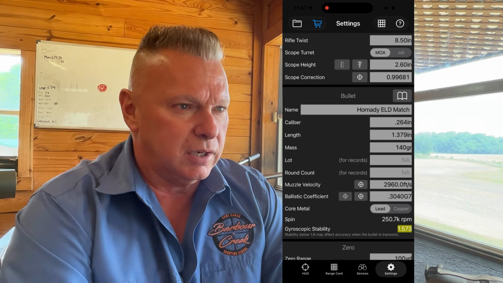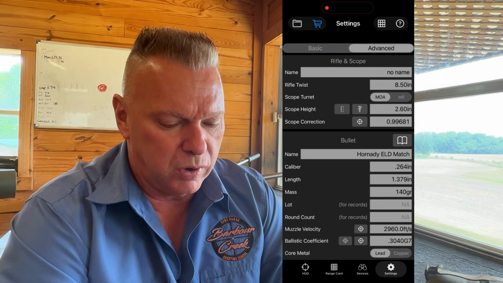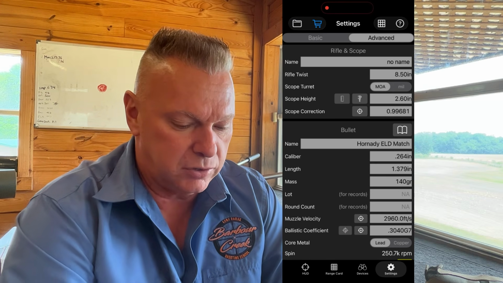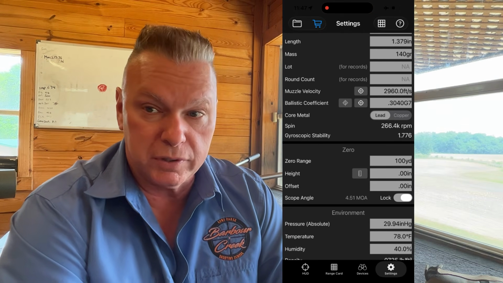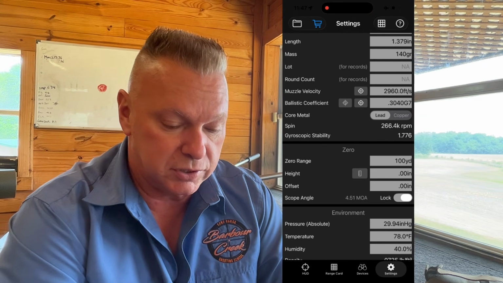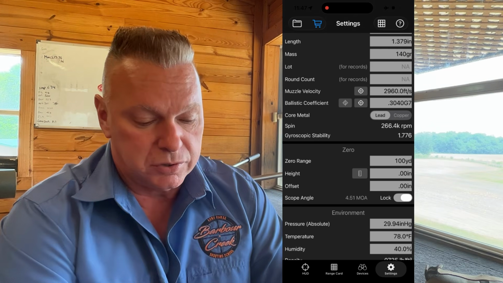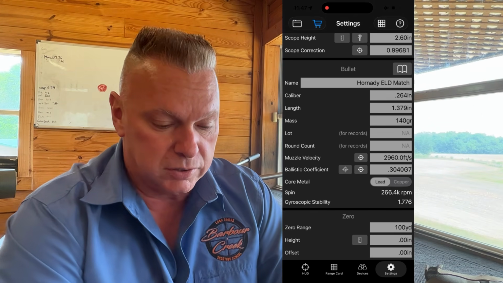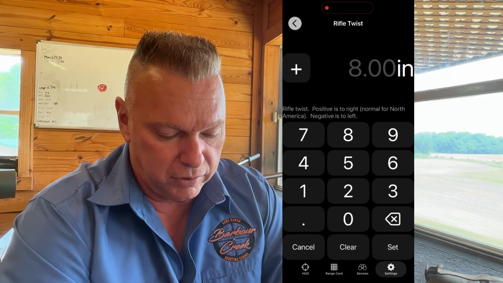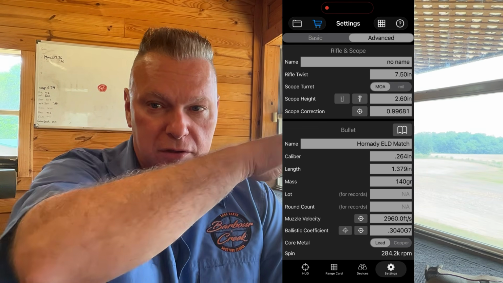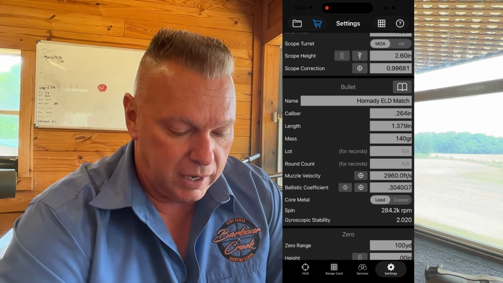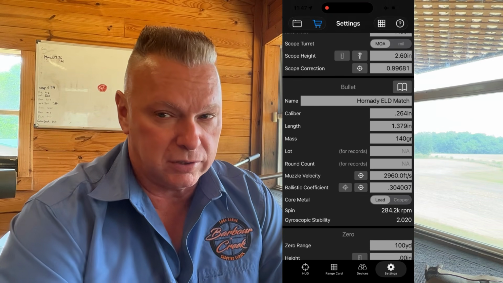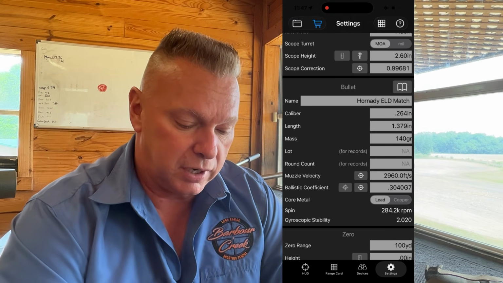But let's just say that I'm building a gun and I'm like, well, maybe I don't want an 8.5 twist. I want an 8 twist. Well, type in an 8 twist, and you can now see that our stability factor is 1.7, and we got 266,000 RPMs. So that's why most Creedmoors are 8 twists. Well, what happens if I did a 7.5 twist? I wanted a little bit more stability to make it through that transonic, supersonic, subsonic bullet transition. You can now see that I have a 2 stability factor, which is actually excellent, but you'll notice that I'm